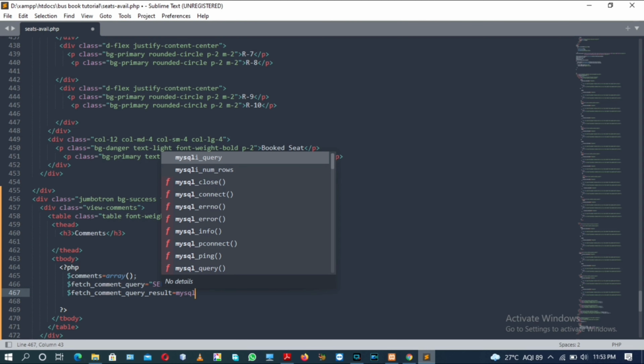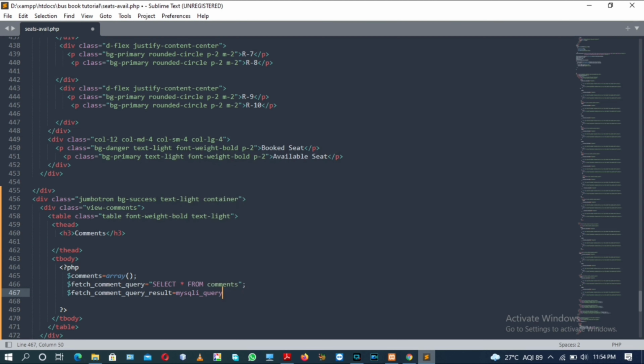Actually, using the MySQL query method of PHP, we will fire a query using the connection variable, and that query result will be assigned to the fetchCommentQueryResult PHP variable, as a boolean variable.